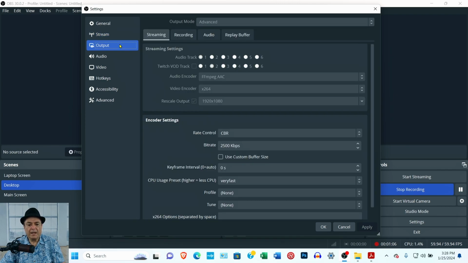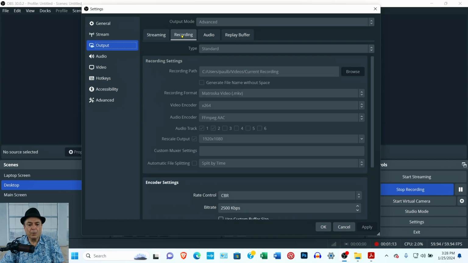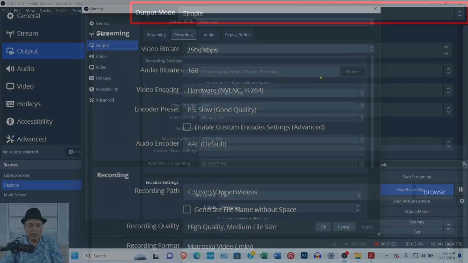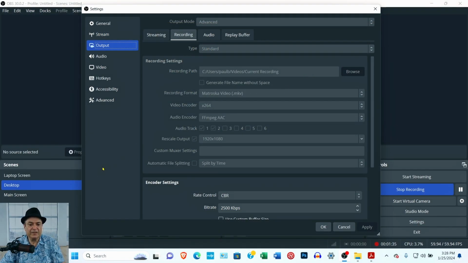So then come down to Output and then select Recording. Now up here at the top where it says Output Mode, what I do is I select Advanced because it's initially set to Simple. So just use the drop down here and select Advanced. I can't do that right now. As you see, a lot of stuff is grayed out because OBS is active, but